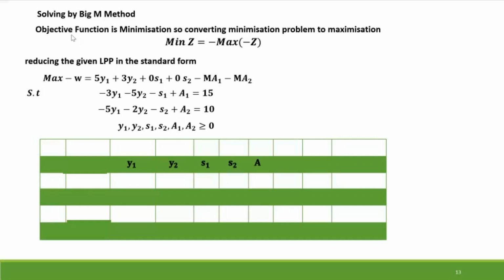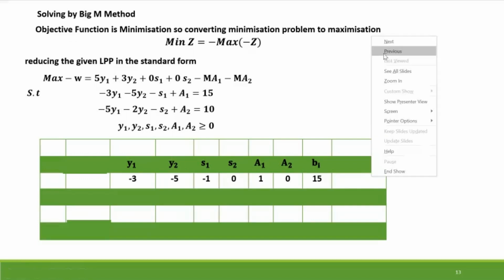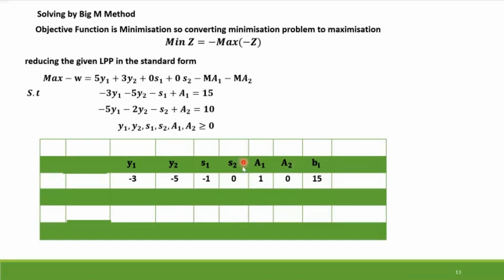y1, y2, s1, s2, a1, a2, bi's, -3, -5, -1, 0, 1, 0. You can write in any order. You can write S1, A1 first, and then S2, A2. I have written S1, S2, A. Any order you can write the variables and write the corresponding coefficients. So -3, -5, -1, 0, 1, 0, 15. Similarly, the second row,